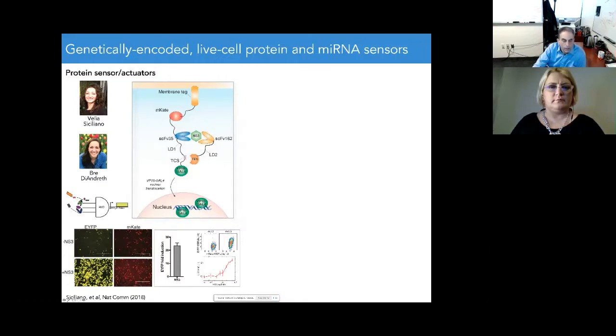And I'm showing you here data with activation of a yellow fluorescent protein, but we've also been able to do this with killer proteins. So for example, basically you have a genetic program which says, if detect NS3, which is indicative of a viral infection, then have the cell commit suicide, right? So kill itself rather than replicate the harmful virus.